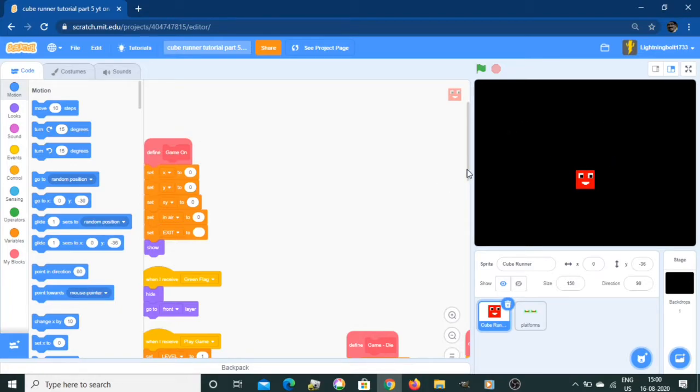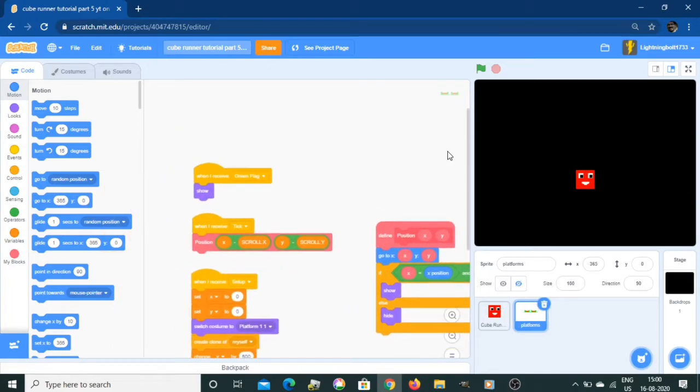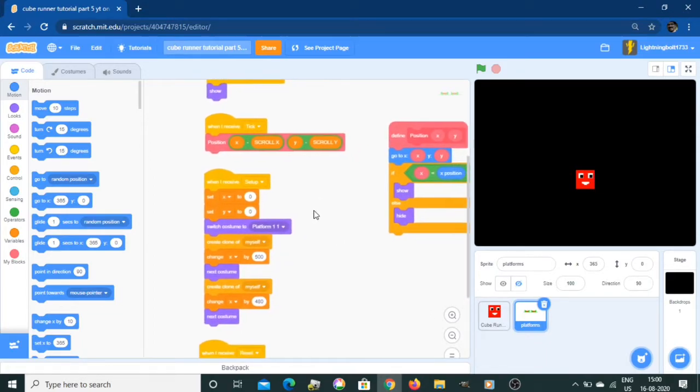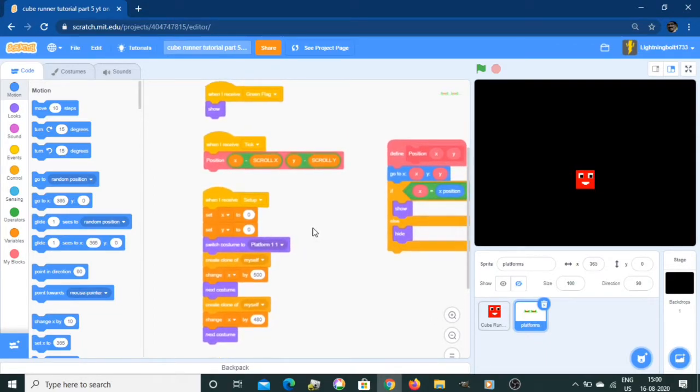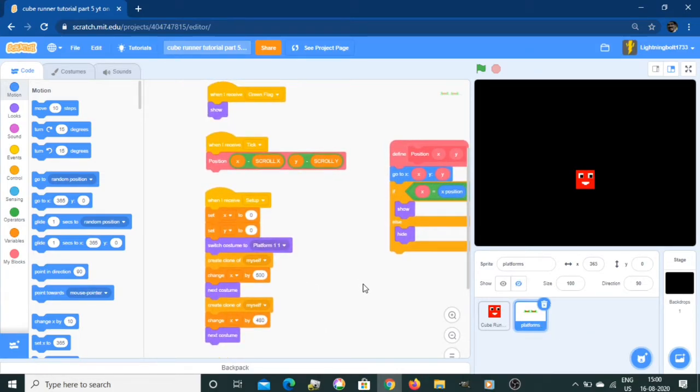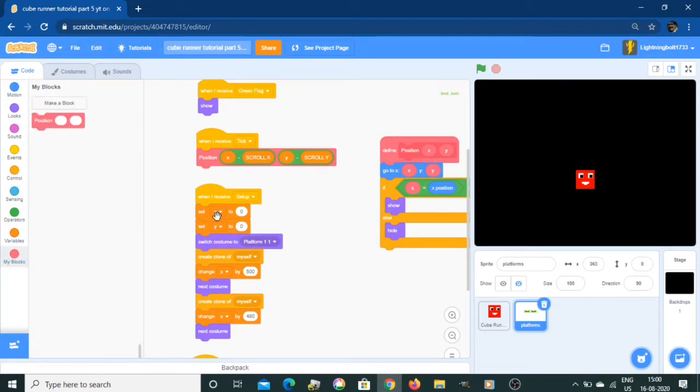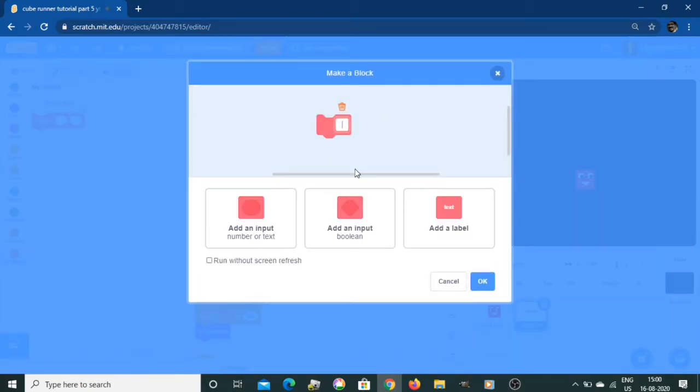Okay, so the first thing we want to do is go to platforms. But before adding collectibles, we need to make some adjustments to our platform script so that it would be easier for doing the collectibles, because it uses almost the same code to spawn. And the first thing we're gonna do is to spawn these platforms using a custom block. So let's name it